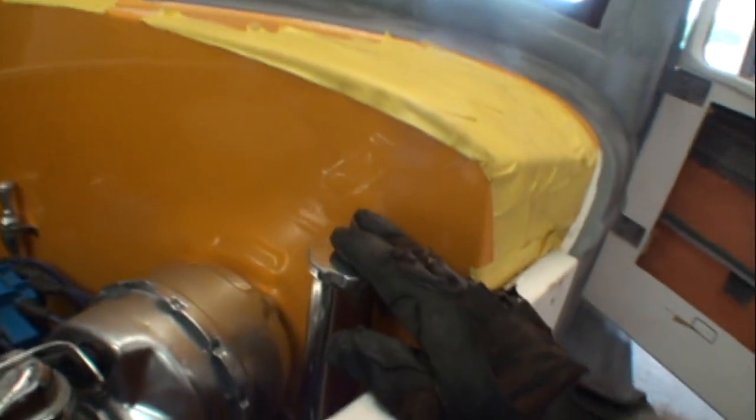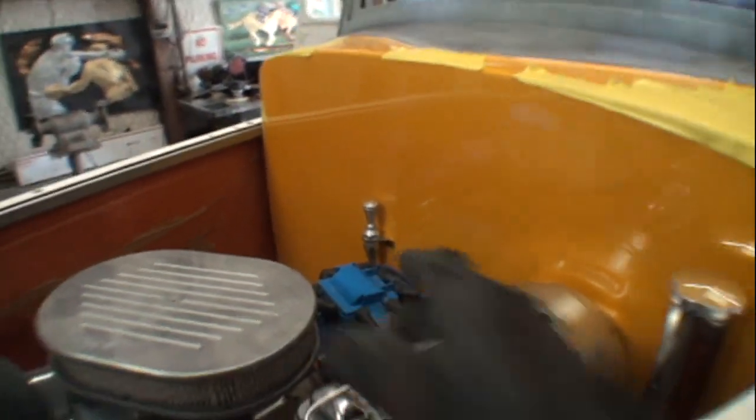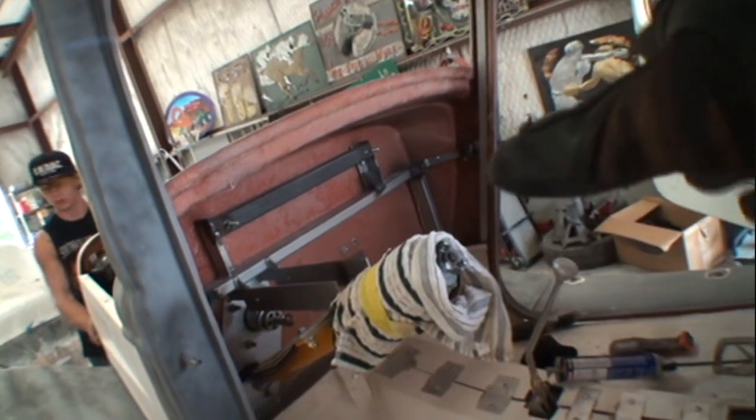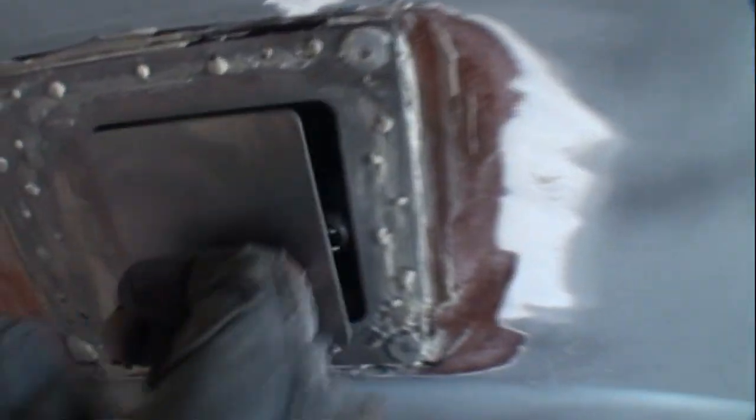Let's look at everything else we did today. All right, so what we've done, we went ahead and put our overflow tube on. We went ahead and mounted our transmission dipstick filler tube onto the firewall. We also went ahead and temporarily mounted the air conditioning unit in, so we know where that goes, but we can't put that in permanently because we got to get all our wiring and everything else in there first. And then once that's in, the air conditioning will go behind it. We went ahead and installed the steering column. I believe that was yesterday. And then we also went ahead and started mounting in the fuel door, which is a recessed